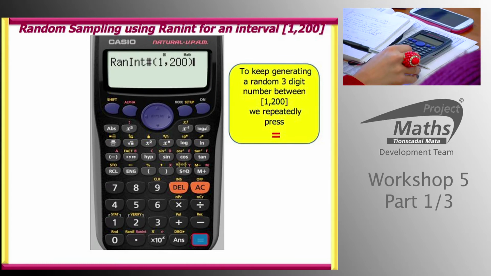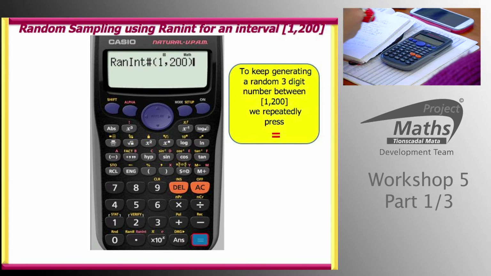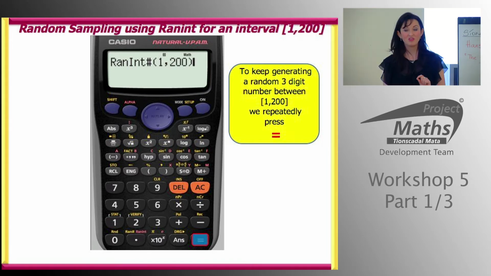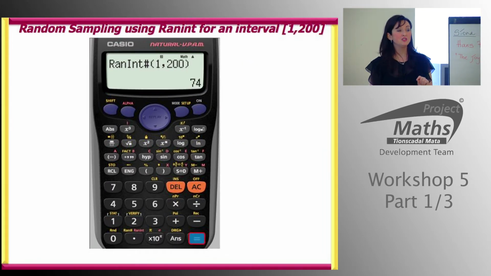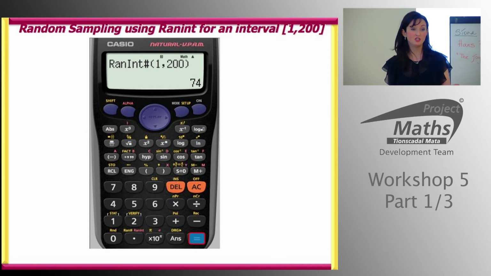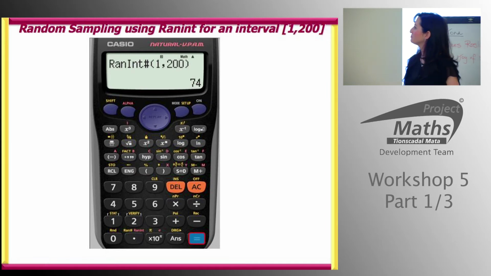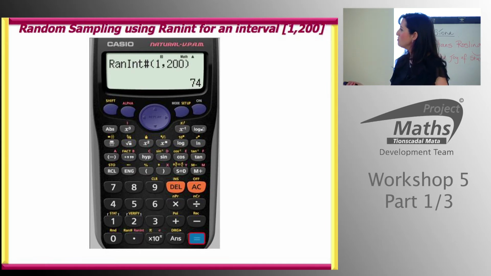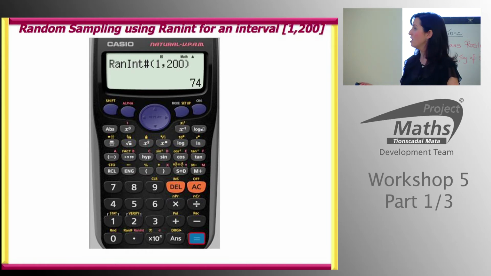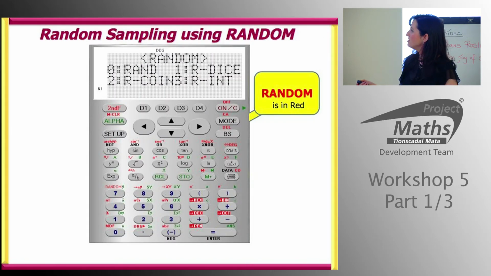So the next thing then is your Sharp calculator. If anyone is using Sharp, the Sharp calculator back at school, you know that it's a little bit different for getting the random sample. Now your random is over the 7 in case anyone has a Sharp calculator. And you see here what comes up is you have 4 choices. This is a random